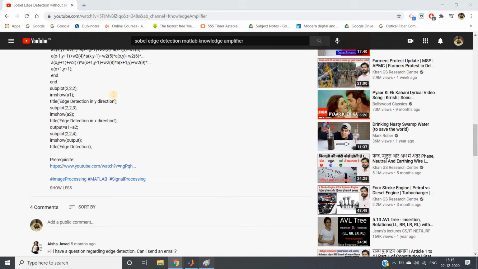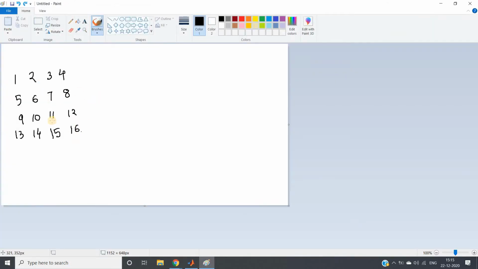Okay, so what I had done earlier, suppose this is my image and my Sobel filter or kernel, whatever you say, has the dimension, the window matrix is 3 cross 3. Now what we had done, we started sliding this matrix starting from this location.